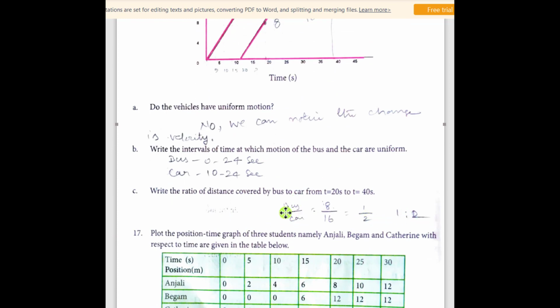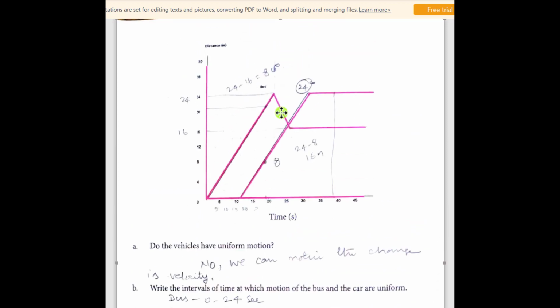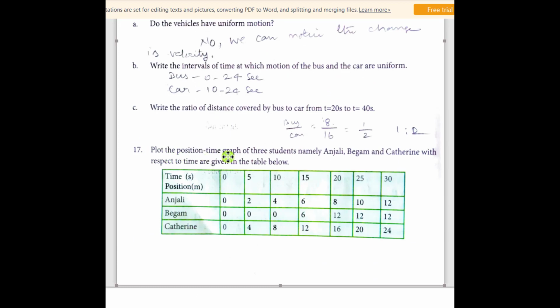But in the Tamil medium book, you can notice the changes. The graph may be at some other point and the duration may be different. But according to this graph, we will get this answer. 17th question. Plot the position time graph of three students, namely Anjali, Beham and Catherine, with respect to time are